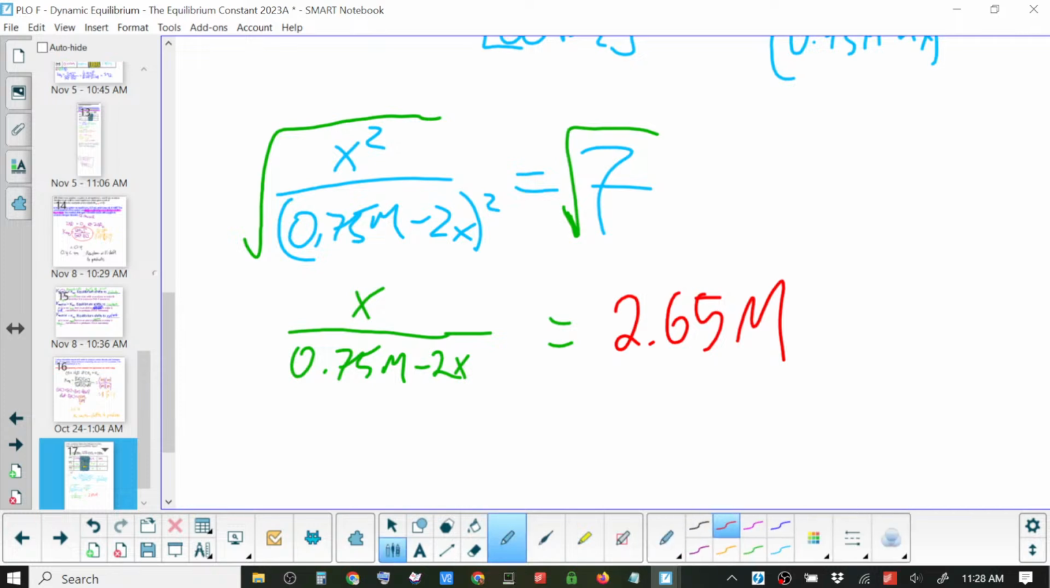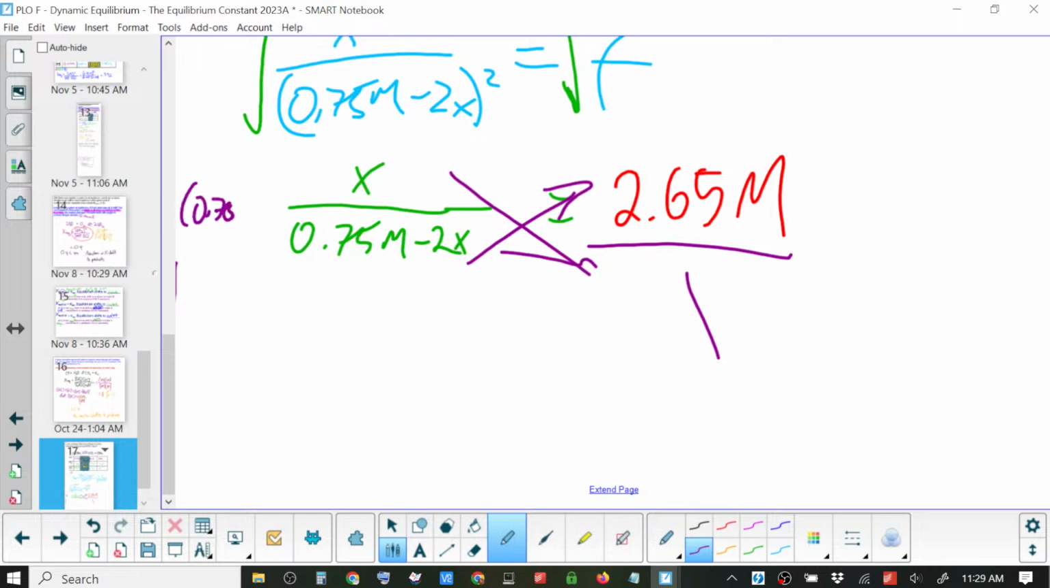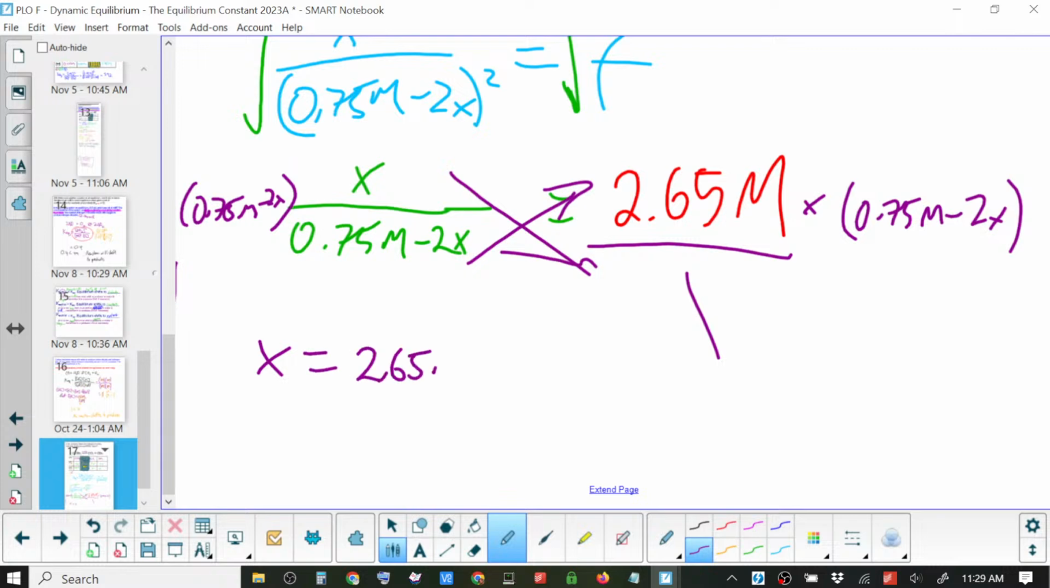Now that you have an actual number, you can just multiply it through. Now you could crisscross, which is what I used to do in school because I found that way easier. I'd make that 1 and I'd multiply through like that. Or you can multiply both sides by 0.745 molar minus 2x, which will give you the same thing. So you multiply both sides by the denominator, again, algebra. And then either way you do this, you will end up with x equals 2.65 molar